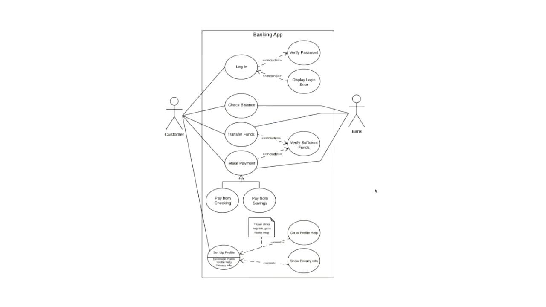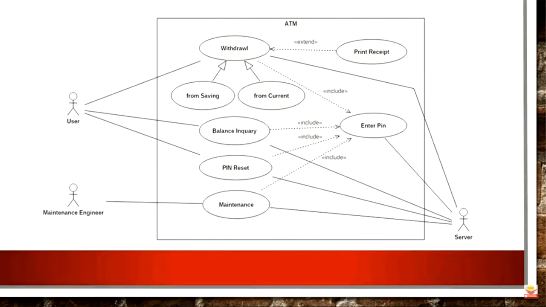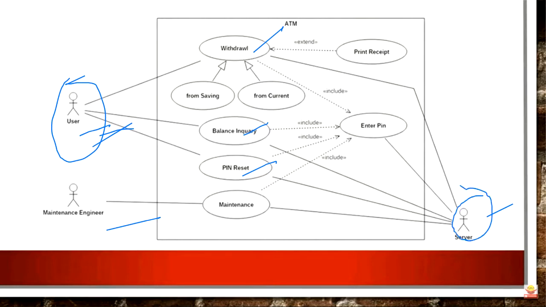So this is how the overall system will look like. Okay, this is the banking app system. This is the another example which we have seen. Here if you see in this example, this is the user who is initiating withdrawal, who is initiating balance inquiry, and who is initiating pin reset. Only when he is initiating these things, we can say that server is coming into picture, and then the server is providing backend to withdrawal, backend to balance inquiry, and backend to pin reset. So he is the reactionary or the secondary actor, and he is the initiator or the primary actor.